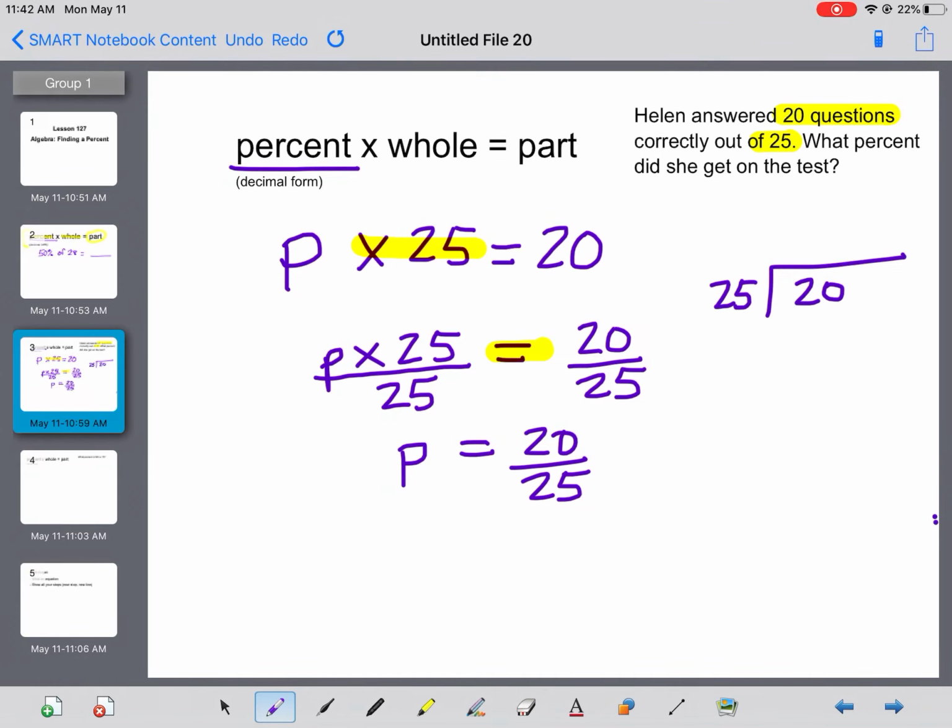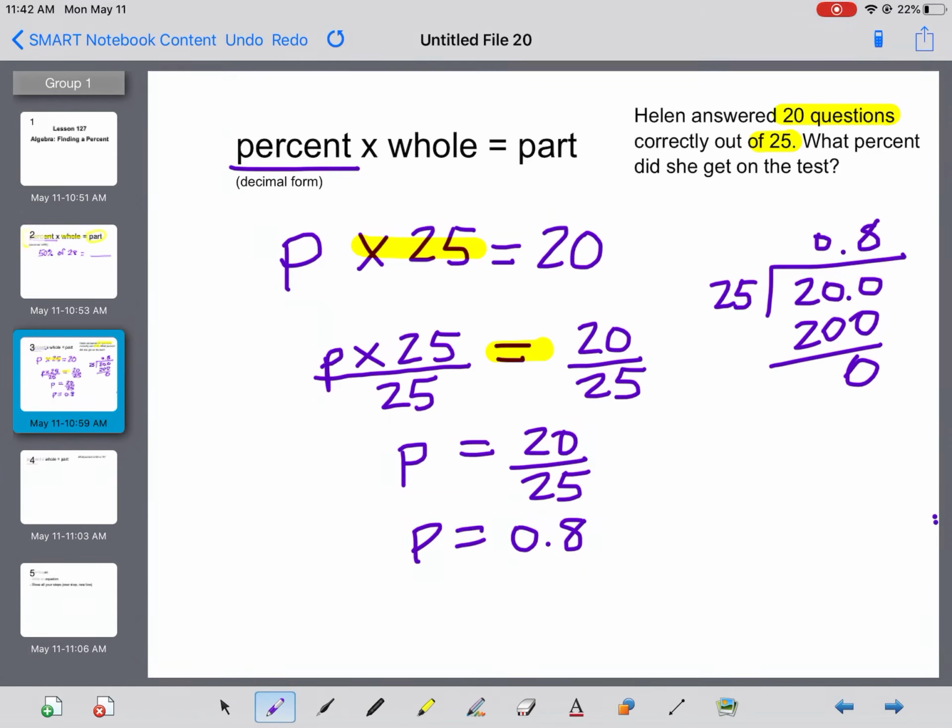Now 25 can't go into 20, so we need to get a decimal involved over here. So our answer is going to be 0 point something. 25 goes into 200 now, 8 times, and then it actually goes in evenly. So you end up with 0.8, okay? So P is equal to